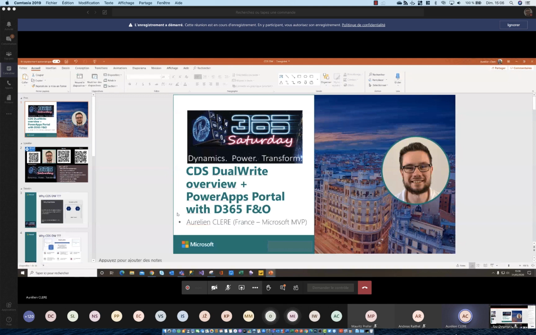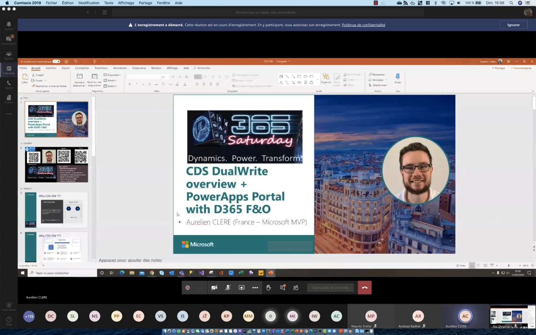With finance operation, we don't have this Enterprise Portal anymore. So I said, the CDS dual write can really help us integrate and create a web portal.